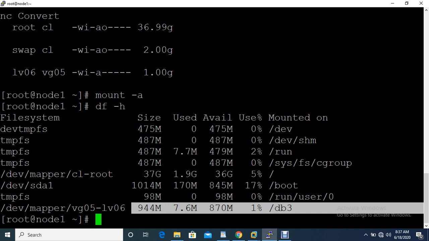But again, we are not using this command in our production environment because of possible client data loss. In the cloud, we are not using this lvreduce kind of thing, because there, if you need, you go and create a new volume, copy the source to it, and remove the old volume. I will show you that in another video.